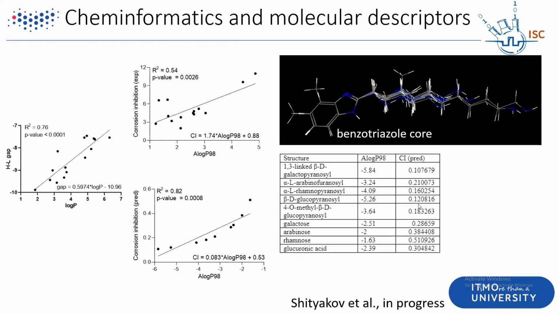As an example, I would give you the information on a study that was published a couple of years ago. And here we have the benzotriazole core, benzotriazole molecules. They are known to be corrosion inhibitors, and if we try to align them, as you can see, they are very well aligned. The alignment is less than 0.5 angstrom here, and